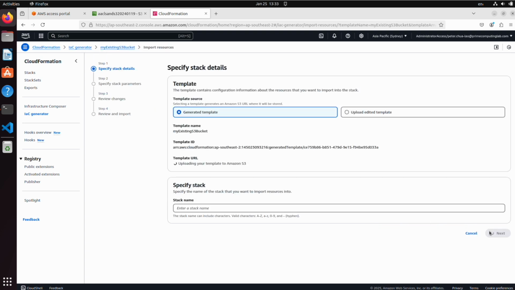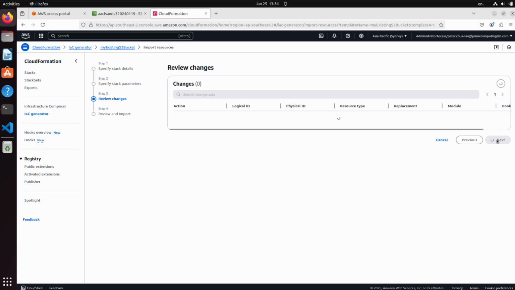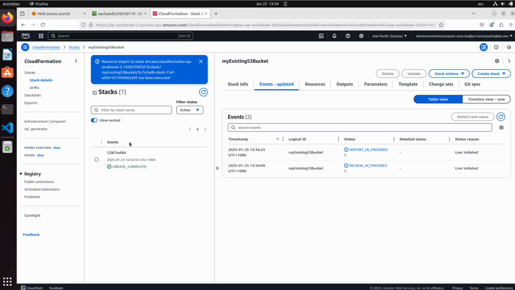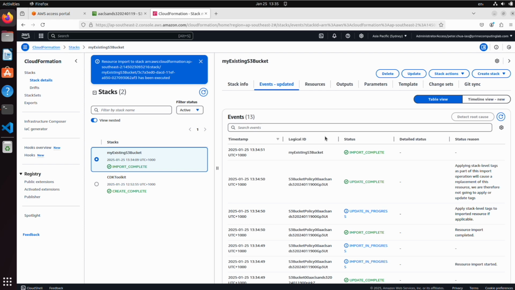We then import into a stack. I shall name it the same as my stack in the IaC generator when I created the template. Okay, so now that the template has been successfully imported into CloudFormation,